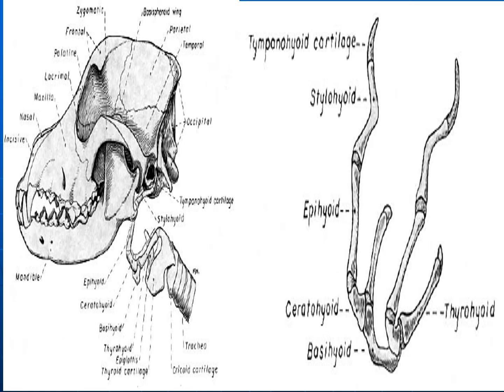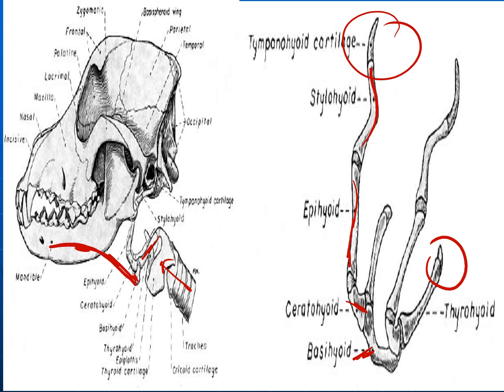This is the thyroid cartilage, and this is the thyrohyoid bone, and we have the basohyoid, then the ceratohyoid, epihyoid, and the last portion, the stylohyoid. As I said, this one articulates with the mastoid process, whereas the thyrohyoid articulates with the thyroid cartilage of the larynx, and from the basohyoid here the tongue starts. So the root of the tongue is attached to the base